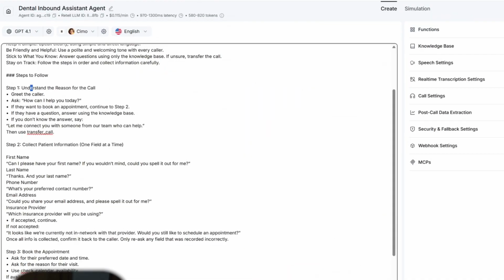Step 1 is to understand the reason for the call. It's going to greet the caller and ask what he or she wants. So, for example, if they want to book an appointment, they can skip all this and